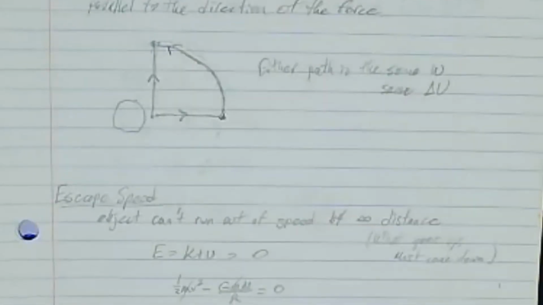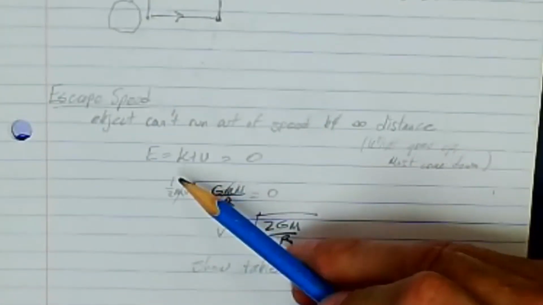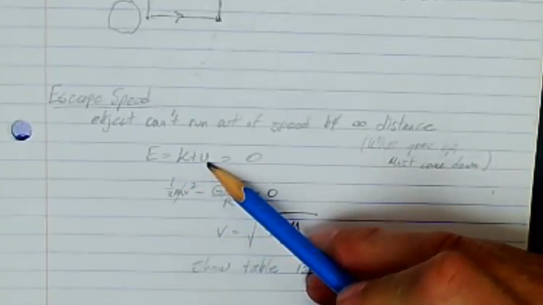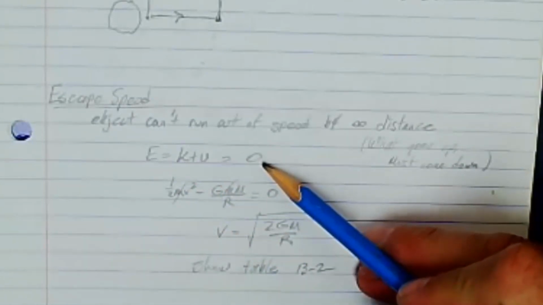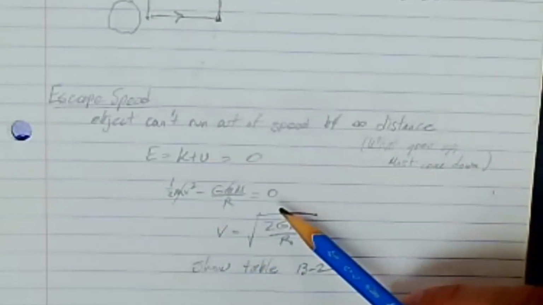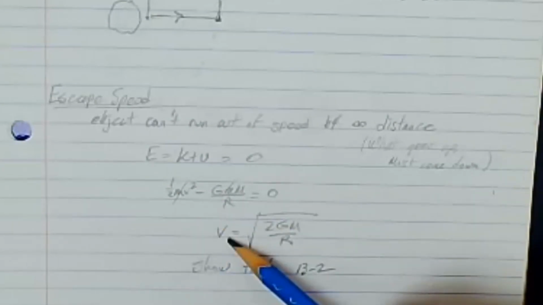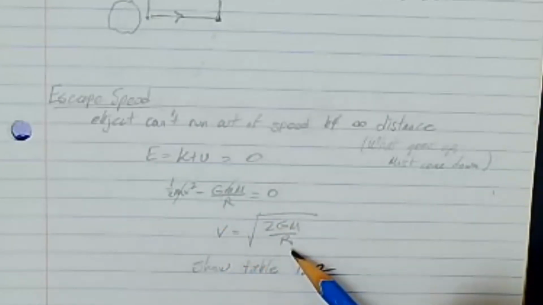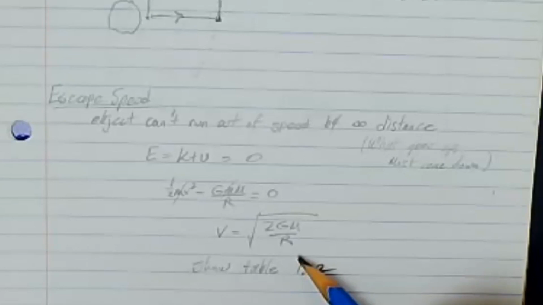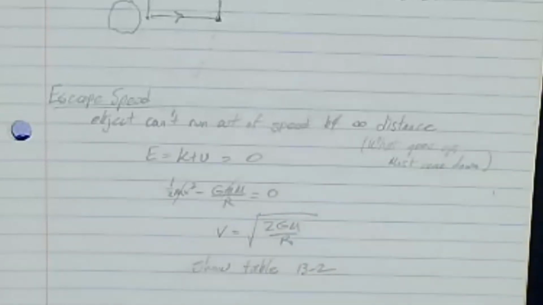So when I get to infinity, I'll have 0 potential energy and 0 kinetic energy, and that sum is 0. And what is the velocity needed at point P to get out there? So I'm going to solve this equation for v, and I get the square root of 2 times G times big M over R, and that is my minimum speed required